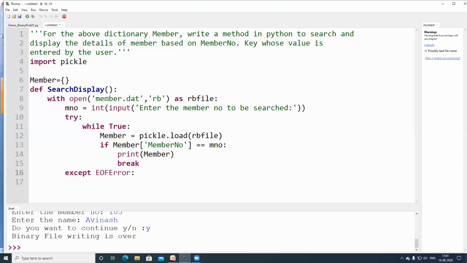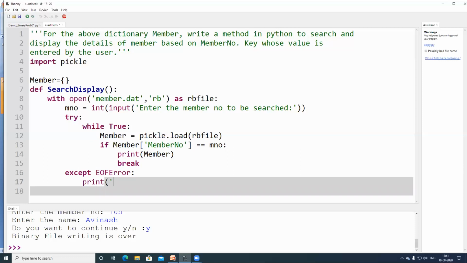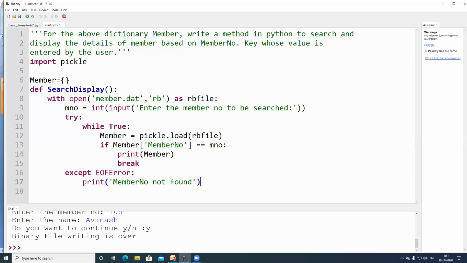If I have searched the entire file and I am not able to find the member number which the user has entered, then I will get this message: member number not found. So we have to call the function for execution. We have to save the program now.